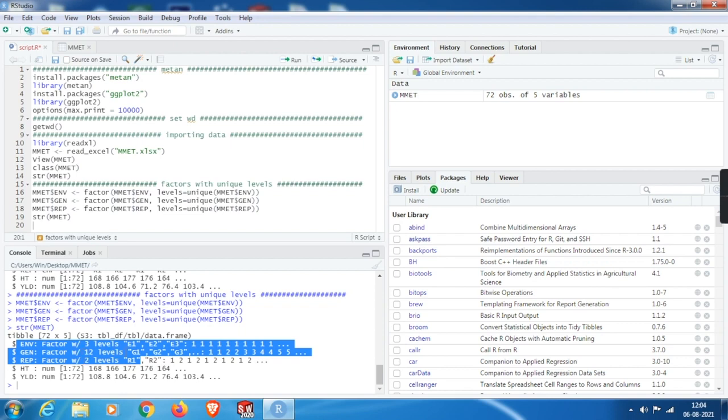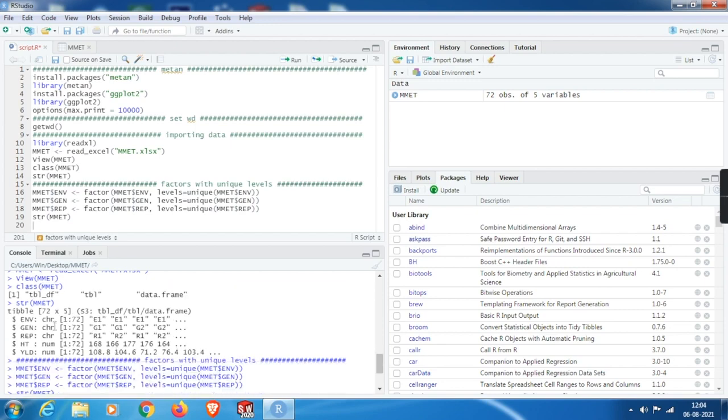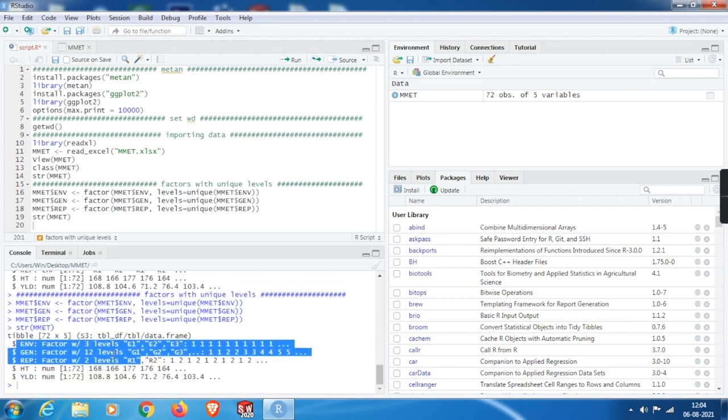So if we have not considered levels as unique, you won't find the sequence that you find here. Instead of G1, G2, G3 in genotypes, you will find G1, G11, G12, G13 like that. In order to avoid that, I have converted the factors with unique levels. With that said, let me get into the next part, and it is the most important part in this data manipulation,